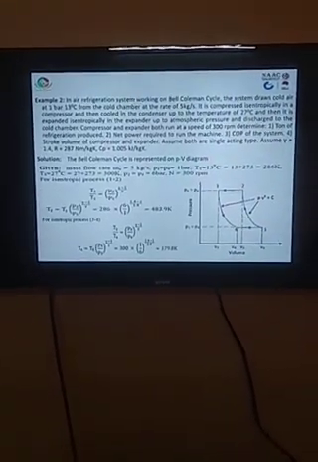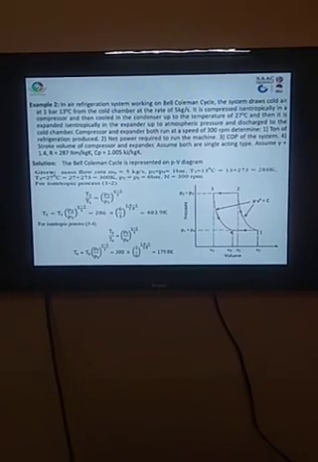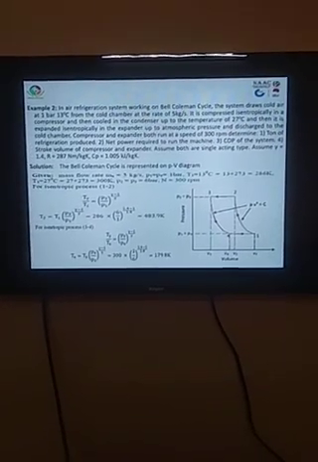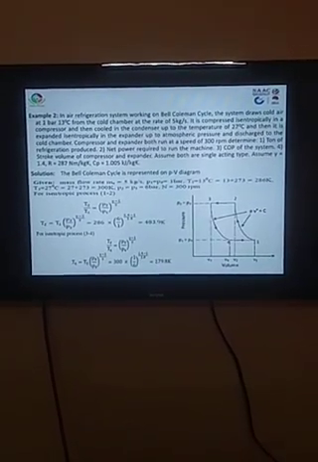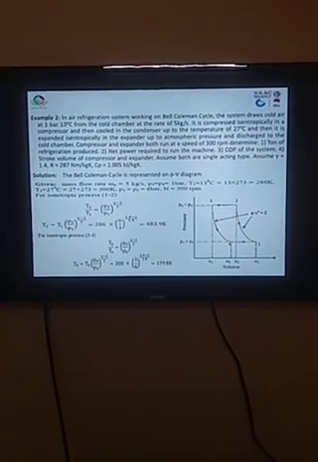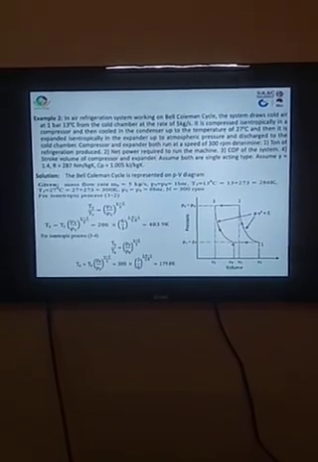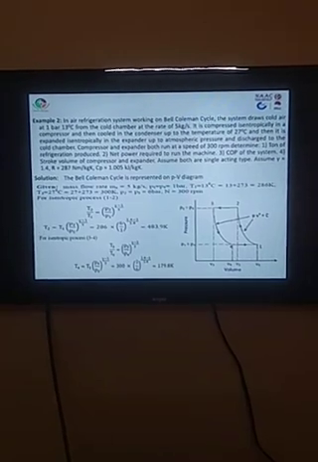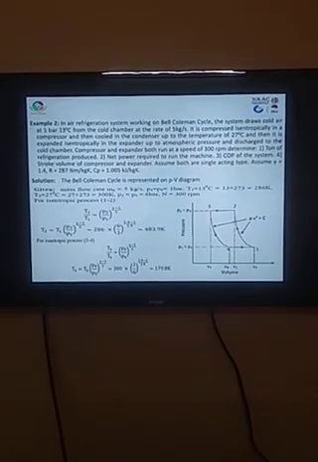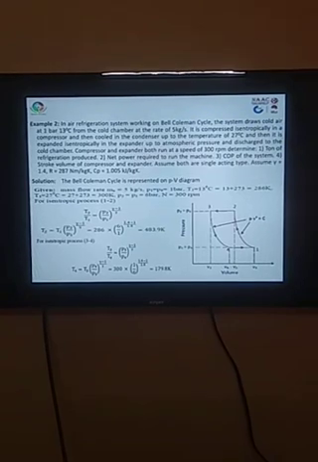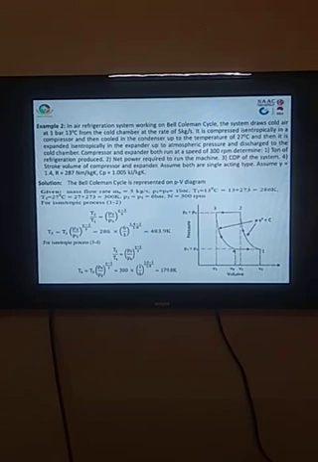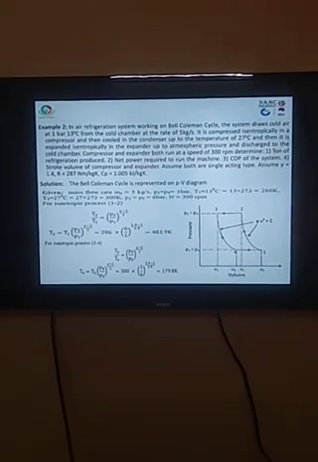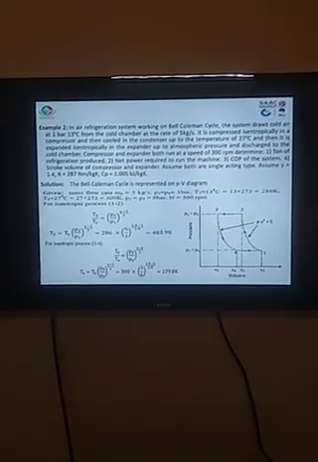This is calculated as T2 divided by T1 equal to P2 by P1 raised to gamma minus 1 upon gamma, and hence T2 is calculated by substituting the values of T1, P2 and P1. From the given data we know that T1 is 286 Kelvin, pressure P2 is 6 bar and P1 is 1 bar, and the value of gamma is 1.4. After substituting all these values, the T2 value obtained is 483.9 Kelvin.